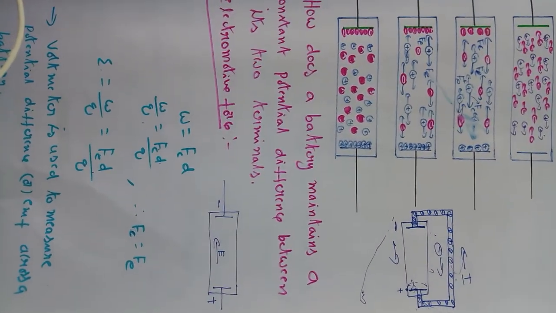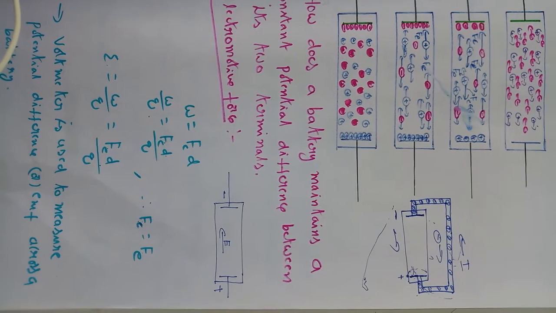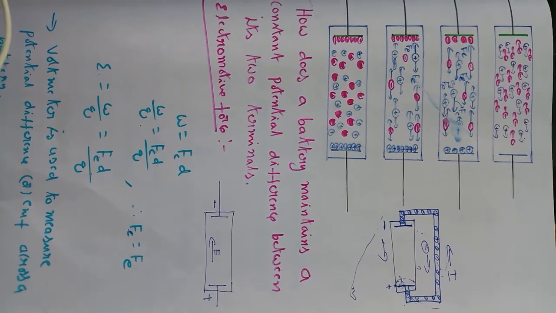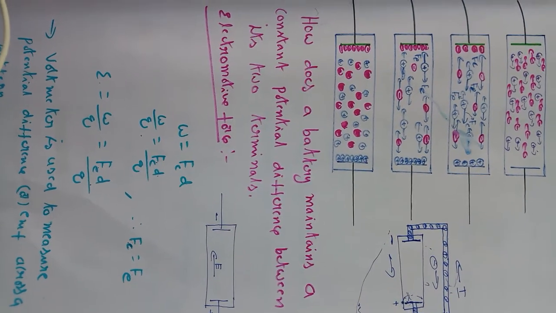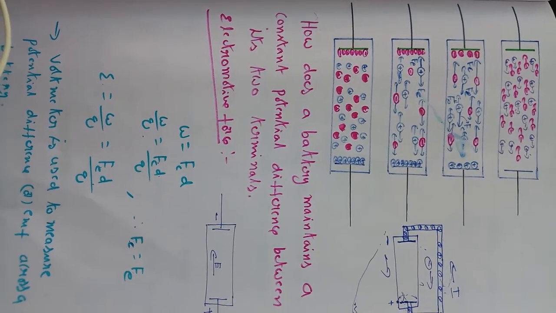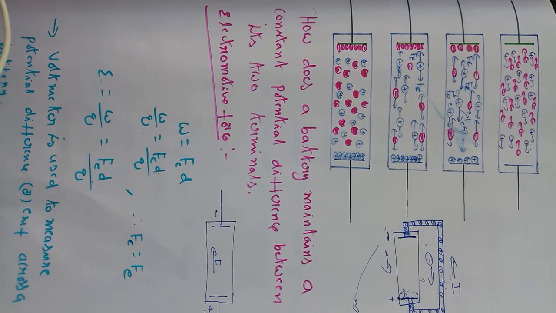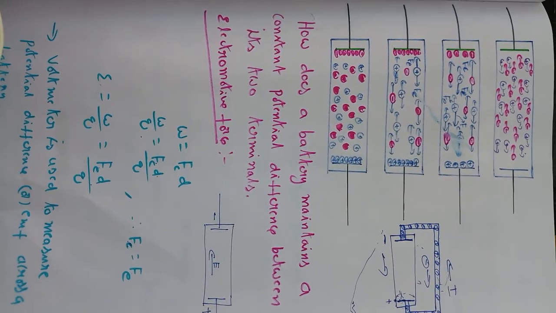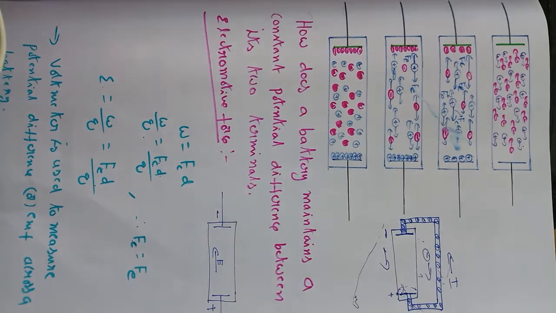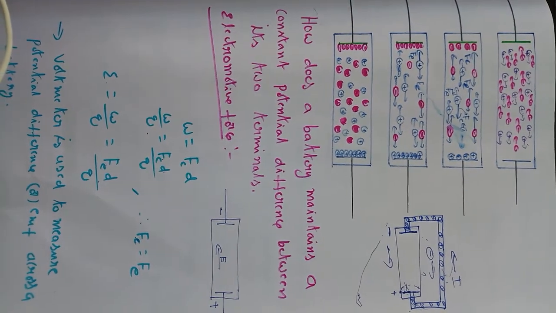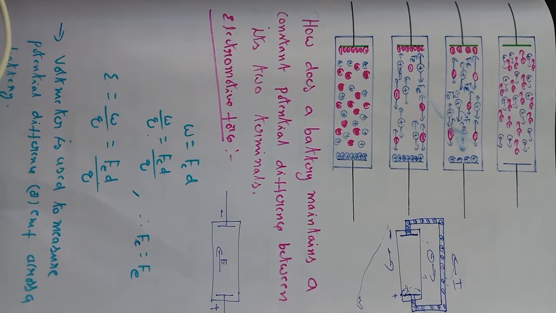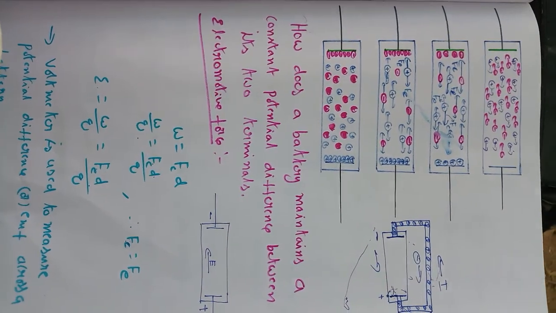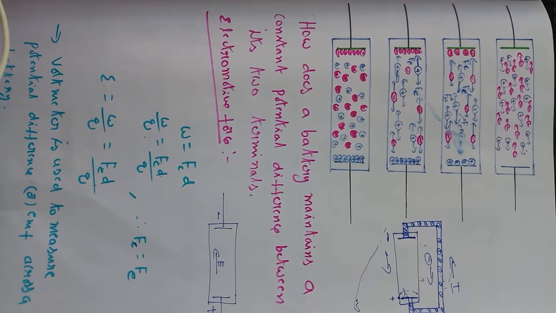Hi all of you. In the previous class we have seen drift velocity, or drift speed, and the potential difference concept. There, in the potential difference concept, we have seen the flow of current from a high potential to a low potential. When we connect the two ends of a conductor to the two terminals of a battery, the battery sets up an electric field along the length of the conductor.